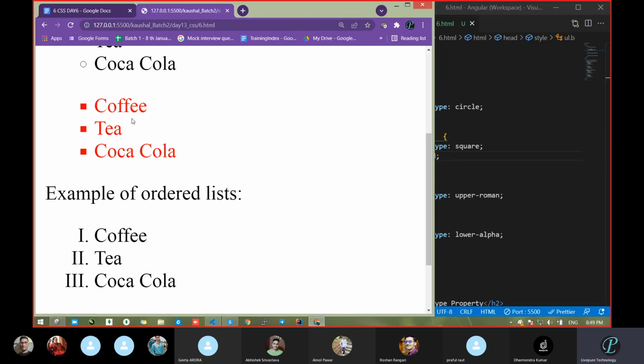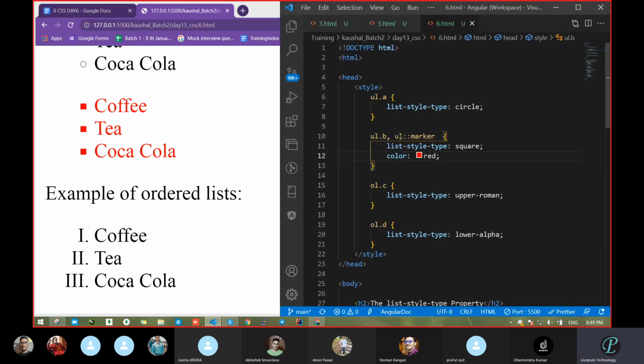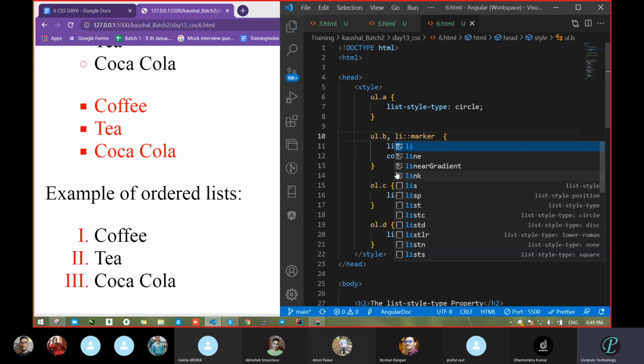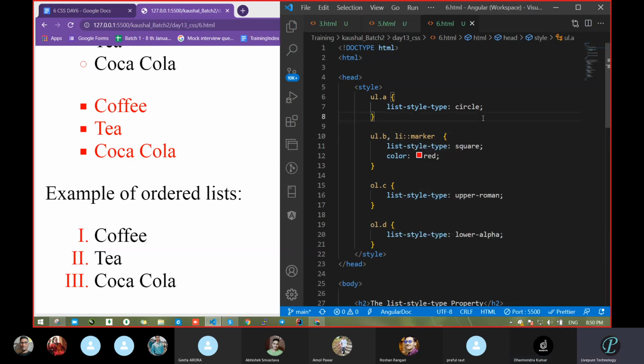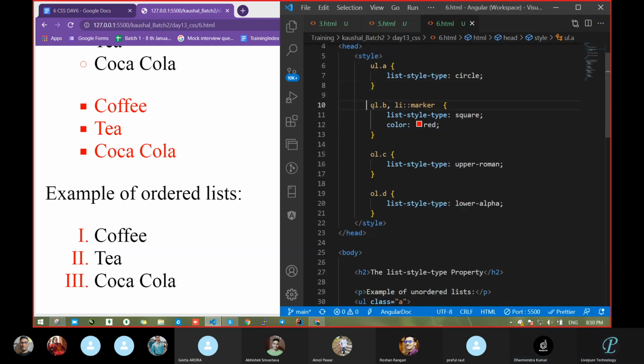Meaning the list also. But I do not want it for the list. I want it for this particular one. I think then this will be LI. No, one second. Wait. In the second case, we got it. Due to this UL, it is coming. Remove this UL, then it will come for that only. Got it?